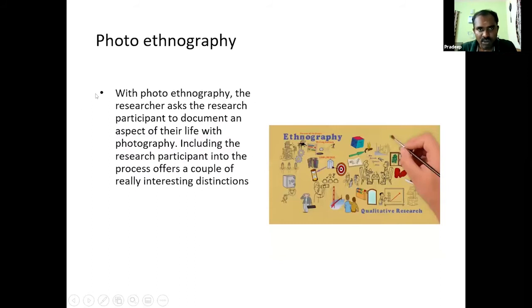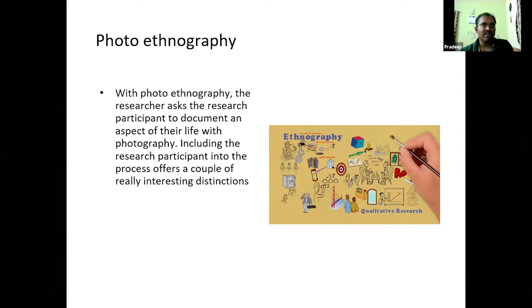Now, do you know what is photo ethnography? It is just capturing photos, or analyzing the photos of the customers, to try to understand their behavior. It can be photos, it can be videos also. But the one condition is that you are trying to get into their privacy. So ideally, I'm again repeating, you need to have permission from the users to analyze their behavior using photo or video ethnography.